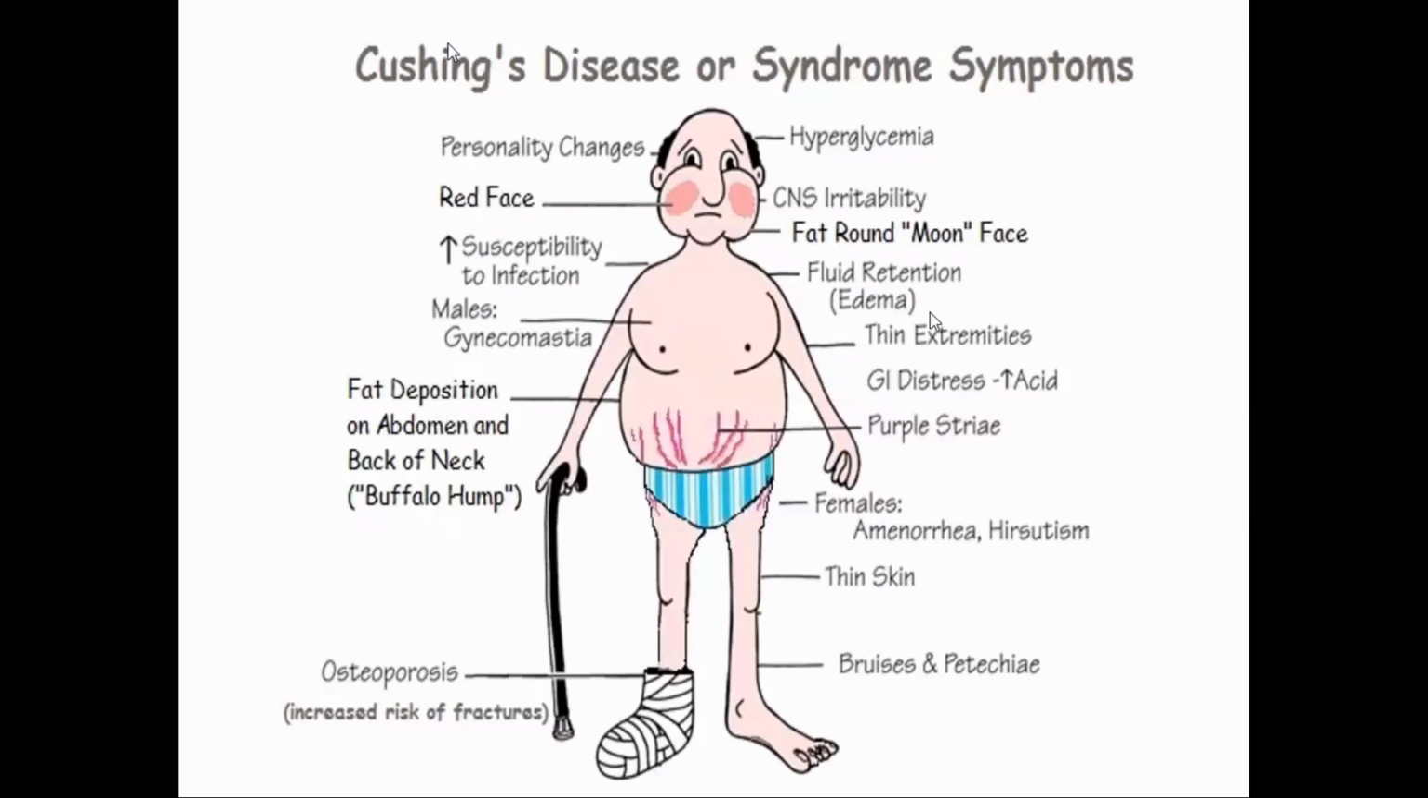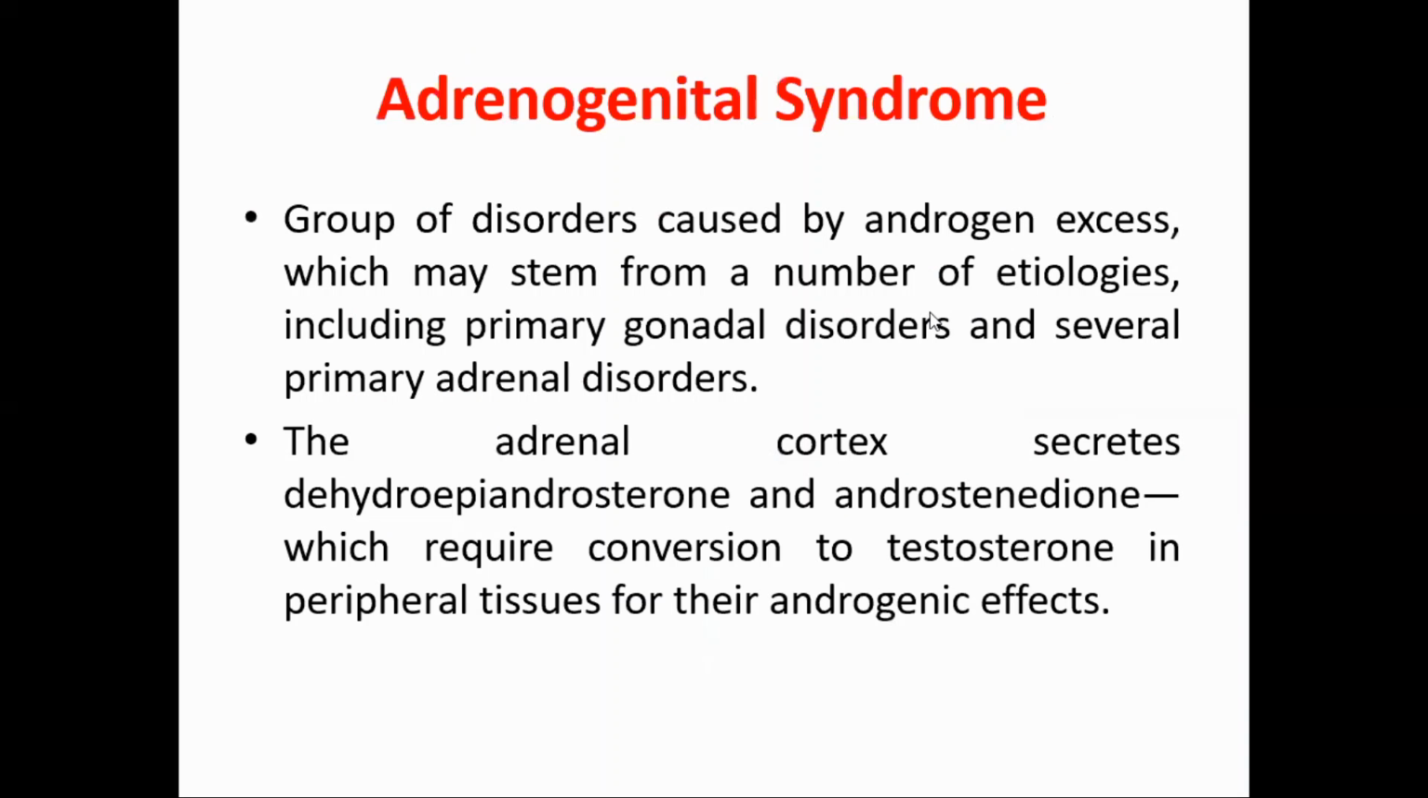Okay. Coming to the adrenogenital syndrome. In adrenogenital syndrome, what should we normally know is that the adrenal cortex secretes dehydroepiandrosterone and androstenedione. In the adrenal cortex, the zona reticularis secretes sex hormones. So the adrenal cortex secretes dehydroepiandrosterone and androstenedione, which is secreted and converted into testosterone in the peripheral tissue. Okay, and that is utilized for various